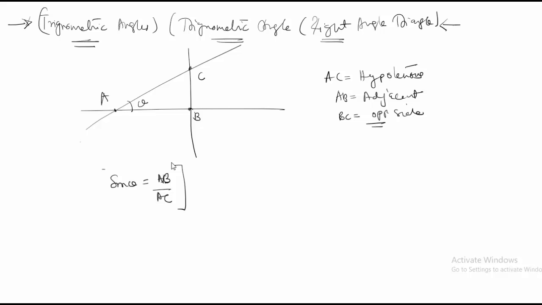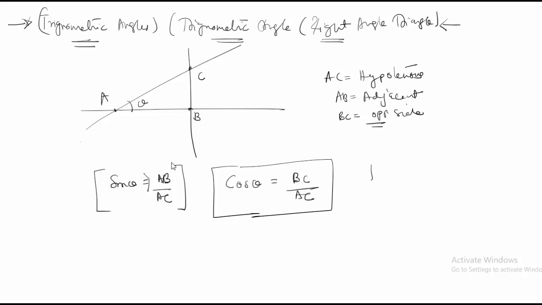and my cos theta is defined as BC divided by AC. So these are my two angles, and my tan theta is defined as my sine theta divided by cos theta, which will come up to AB divided by BC,